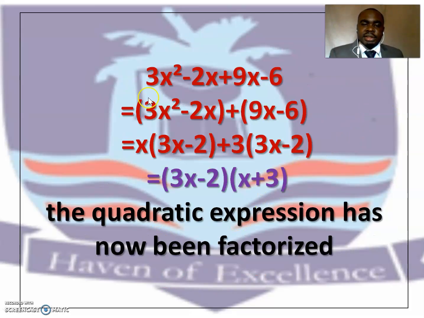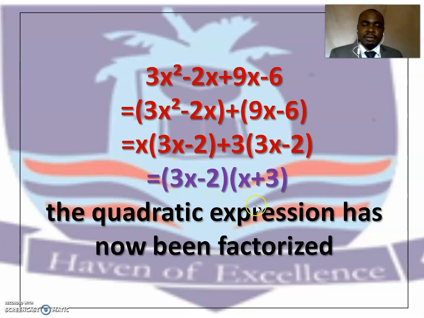To factorize this, of course, we separate the middle term such that the product will give us 3 times 6, which is minus 18, and the sum will give us 7, which was the original middle term. Then we factorize by grouping. Factorizing this by grouping, we are going to have 3x minus 2 into x plus 3. If you expand this, you are going to get back our original